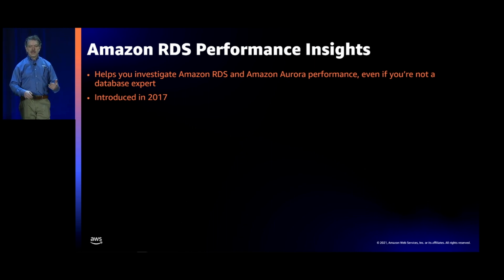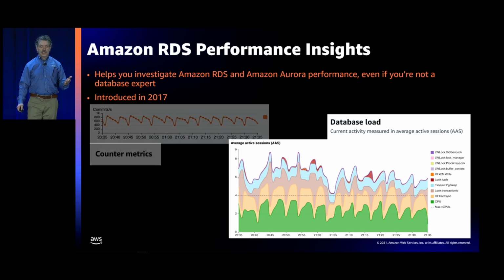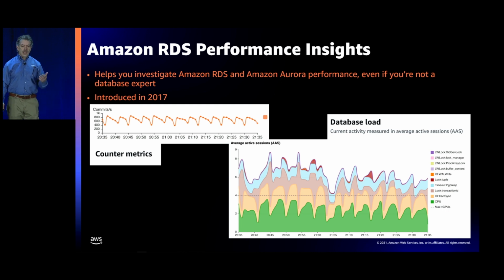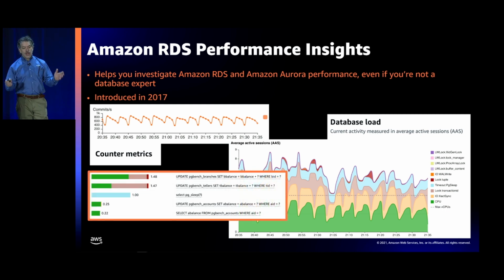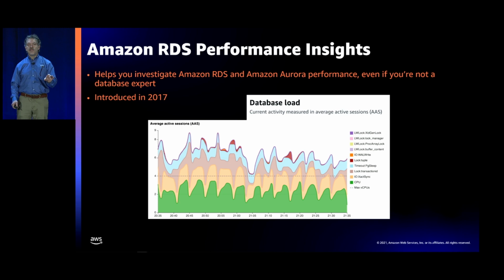So in 2017, we introduced a dashboard called Performance Insights. Performance Insights shows you your current activity running in the database at the current time. It shows you your database metrics, and it shows you your top SQL commands. And this is all in a simple, straightforward console screen on the RDS console. But the core innovation of Performance Insights is actually a single metric that we call database load. This metric is the key to simplifying and understanding database performance. And it's at the heart of Performance Insights, and it's at the heart of DevOps Guru for RDS.